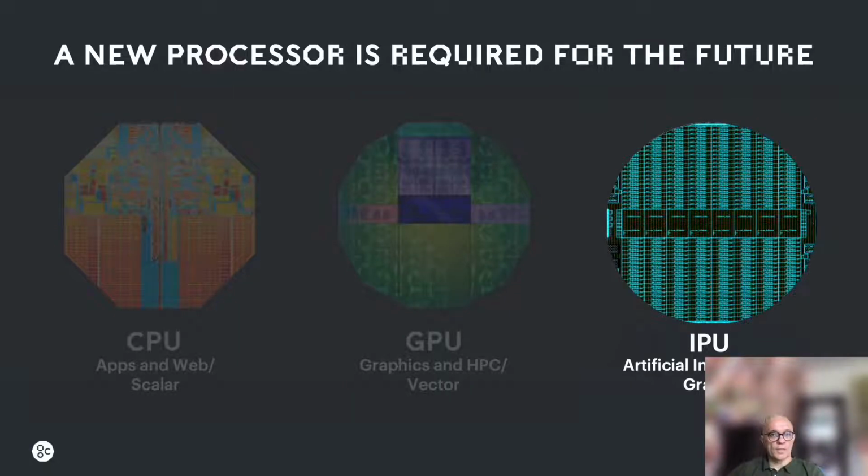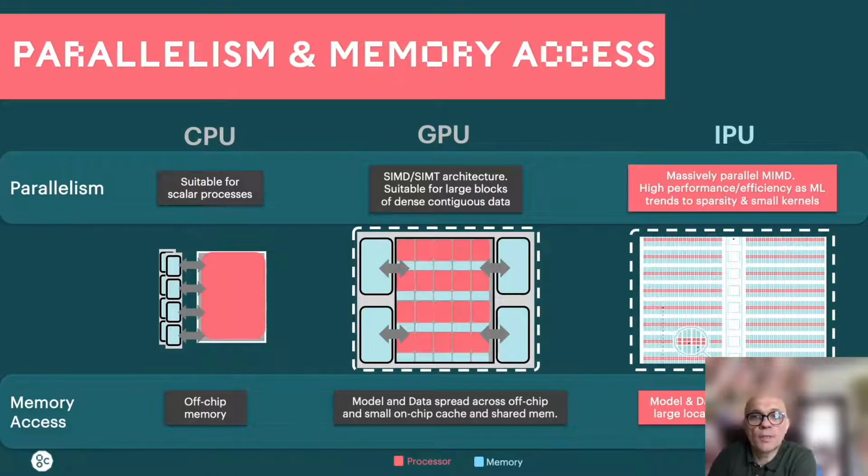By contrast, the intelligent processing unit, the IPU, has been developed from the ground up, especially for machine learning and intelligent workloads, and to enable a more flexible approach to this kind of model. The IPU, with lots of parallel cores that can do completely separate things to each other, operating on different data, really enables huge benefits to this new type of machine learning and many other computational workloads. Two key points need to be taken into consideration when we're discussing an effective processor for machine learning workloads: parallelism